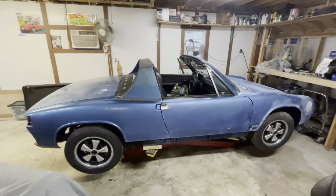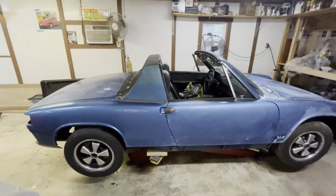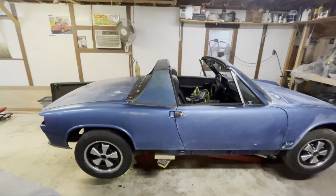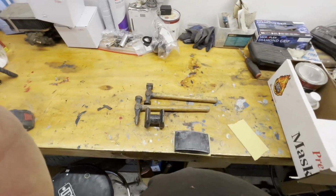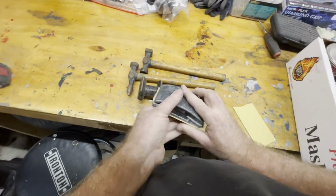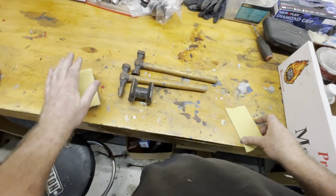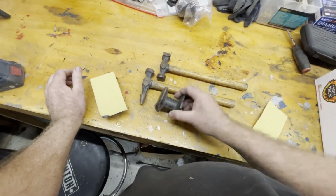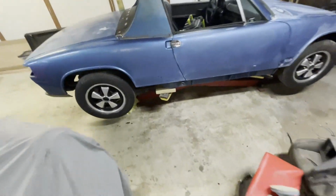Okay, so we still have a few pieces of trim to remove, but I think for right now I'm going to do a little bit of a start on the bodywork. And so I've got some 40 grit paper on a pad. I've got some for the hand, and I've got just a hammer and dollies. And what I'm going to be doing,